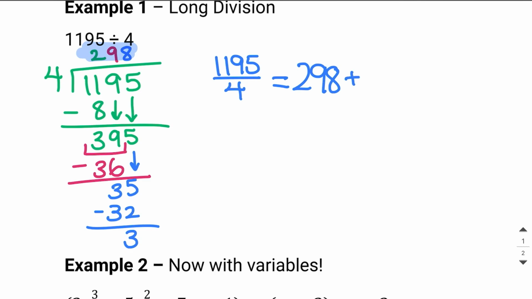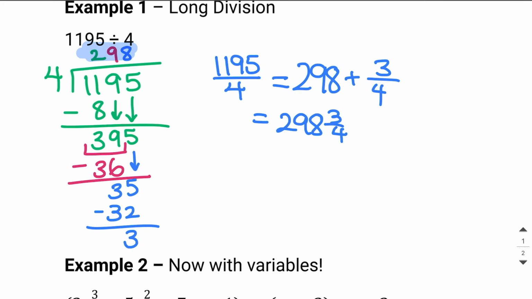So 298 plus 3 extra pieces out of 4. Or in other words, we would just say it's 298 and 3/4. So why am I talking about this basic concept that you learned in elementary school? Because we're now going to apply this to variables. But before we do that, we can also say, because